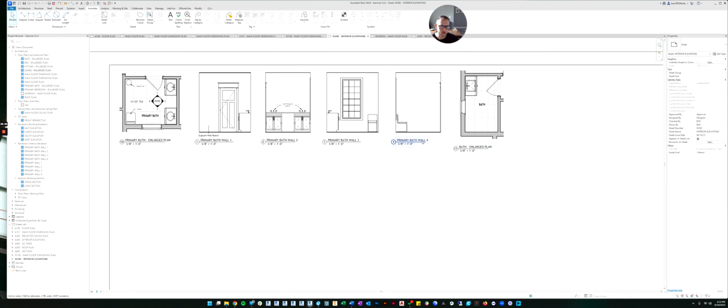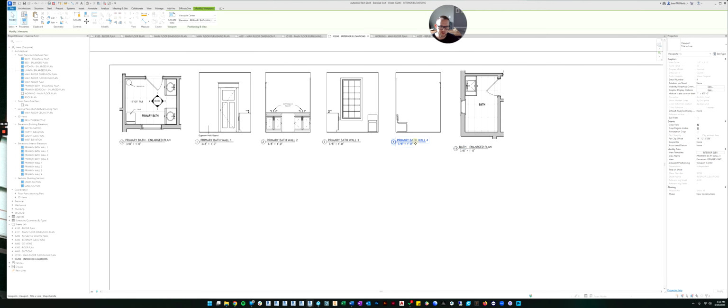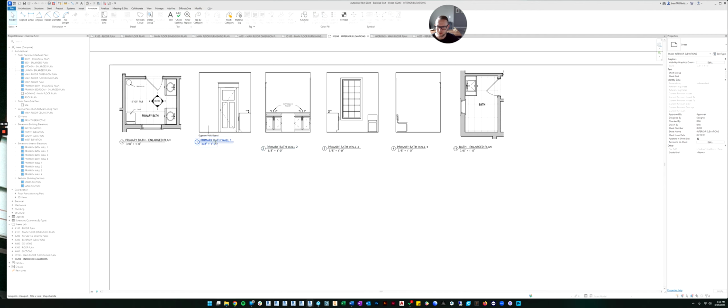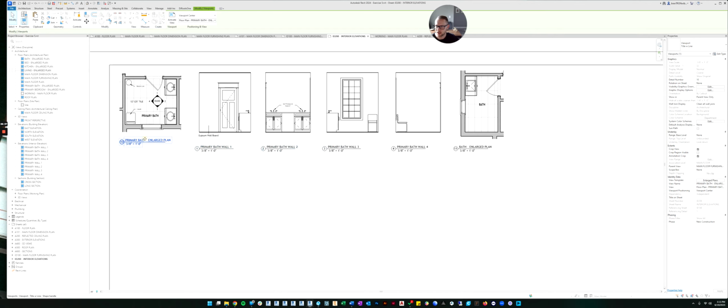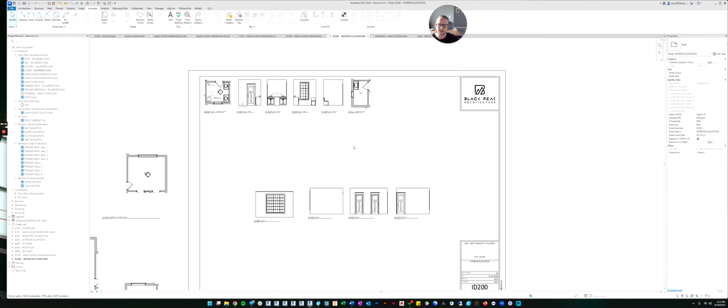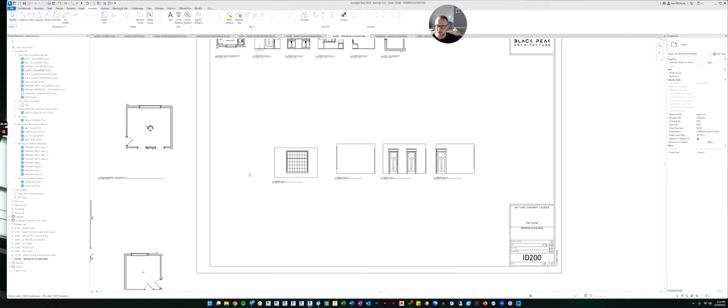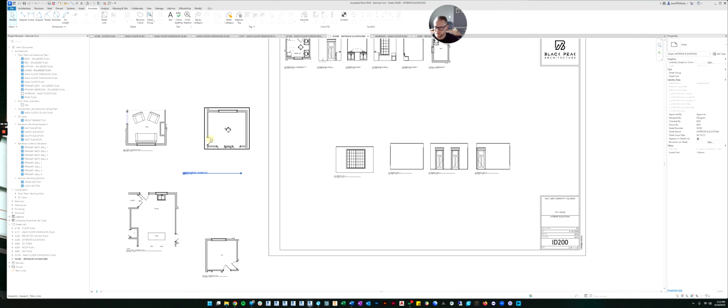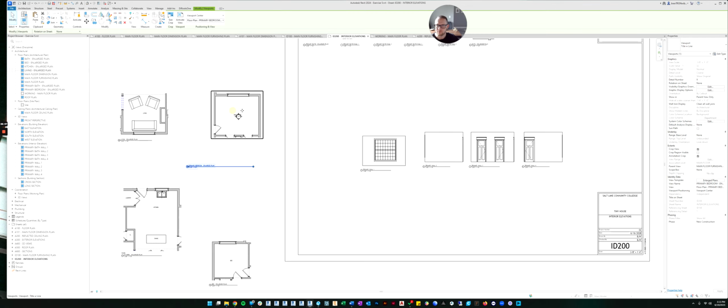And because this one's a little larger, the view's down a little bit. So let's just make these all line up. Because you have to think you're a little bit of an artist when you're putting sheets together. It's nice when everything's orderly. So then the primary bedroom would go underneath that.